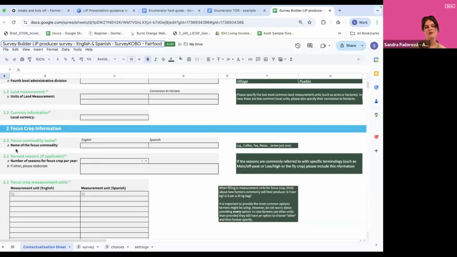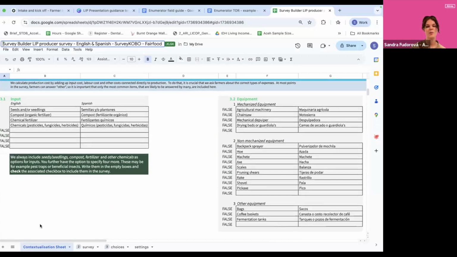Another part that is very important in the contextualization sheet is when we arrive at the different inputs and different equipment that you might want to include in your survey. So what you want to do is change every column to true when the specific item that is connected next to it is applicable to your setting. To give you a very concrete example, let's say you are trying to collect data on maize. For example, farmers will not be using drying beds or guardiolas, so you want to keep that as false. However, they may be using agricultural machinery, so you want to turn that to true, so this is then included